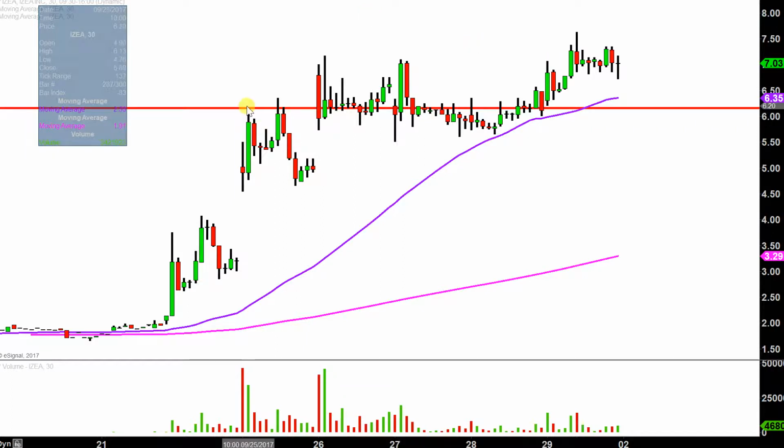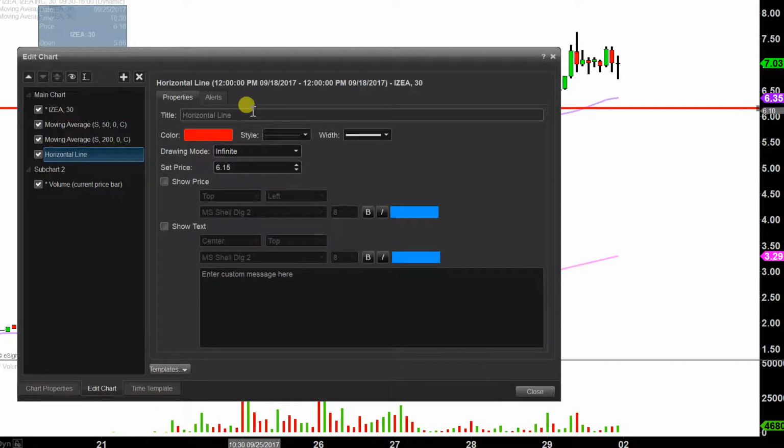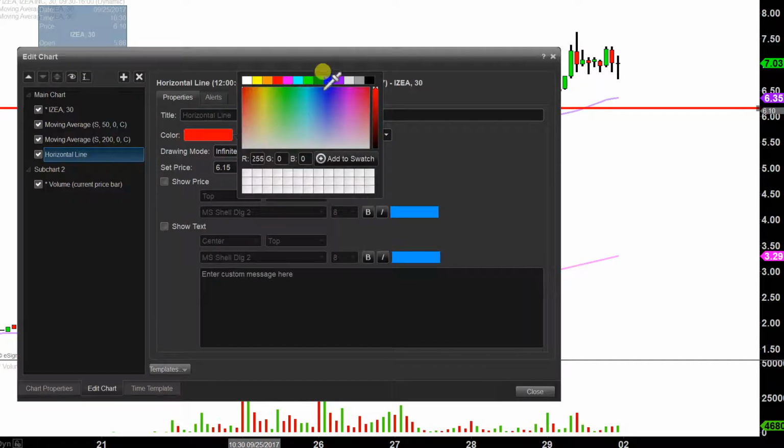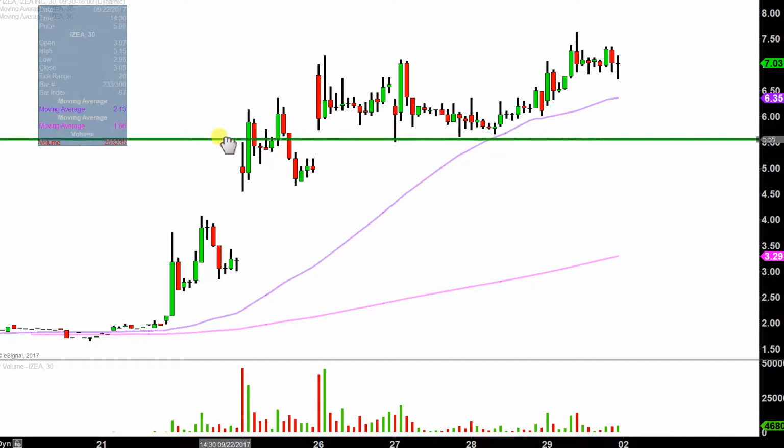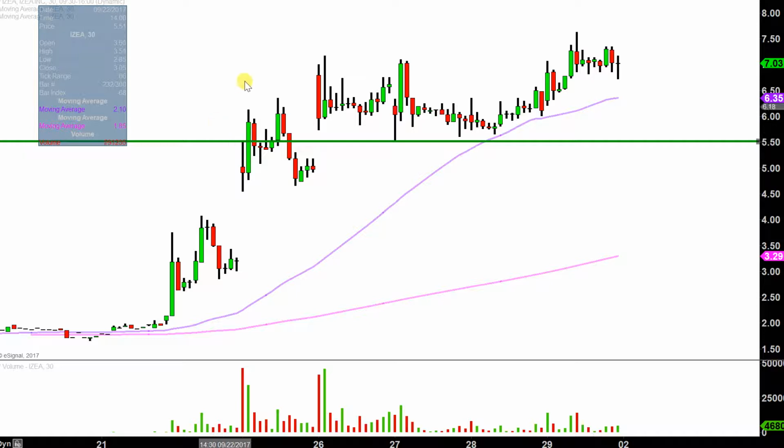First update, though, that needs to be made comes from a foundational principle in charting, which states when levels of resistance are broken and closed above, you want to see them act as support. So $6.15, right around that area, was an area of resistance, and that would now be considered an area of support. Although I'm going to modify this a little bit because the purple line here has now crossed up above it, which I'll get to in a second. But what I'm going to do with this is actually bring this support level down to right here at